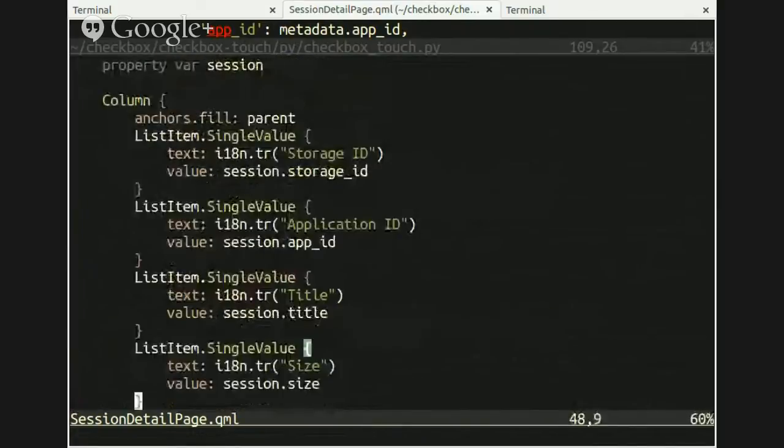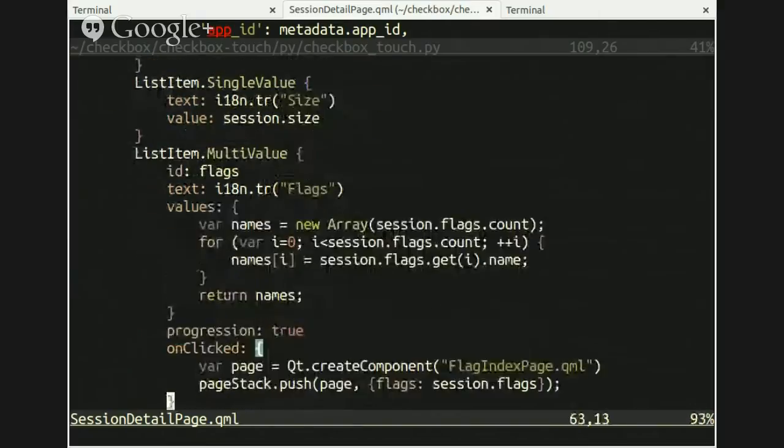One thing I wanted to do, which I haven't really figured out yet, is how to make this flickable. Unlike Ubuntu list view, which is flickable by default because it has a flickable component inside, you have to make things flickable explicitly. So I'm going to try to make this thing flickable later on as I add more